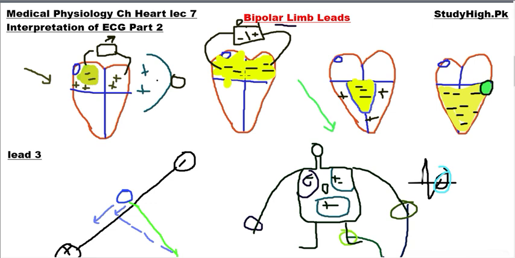I have also explained different types of conditions, how you can determine how much voltage will be recorded by our different leads, and from a given ECG, how you can determine the deflection and in what direction our QRS vector is lying. This was a little difficult topic. Hope you understand how our limb leads record the different types of ECG patterns and how these patterns help you in the diagnosis of different types of diseases.